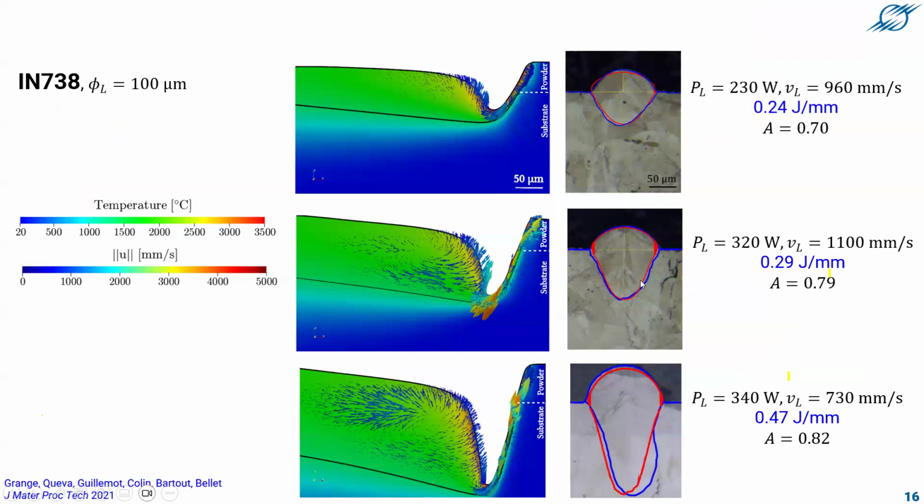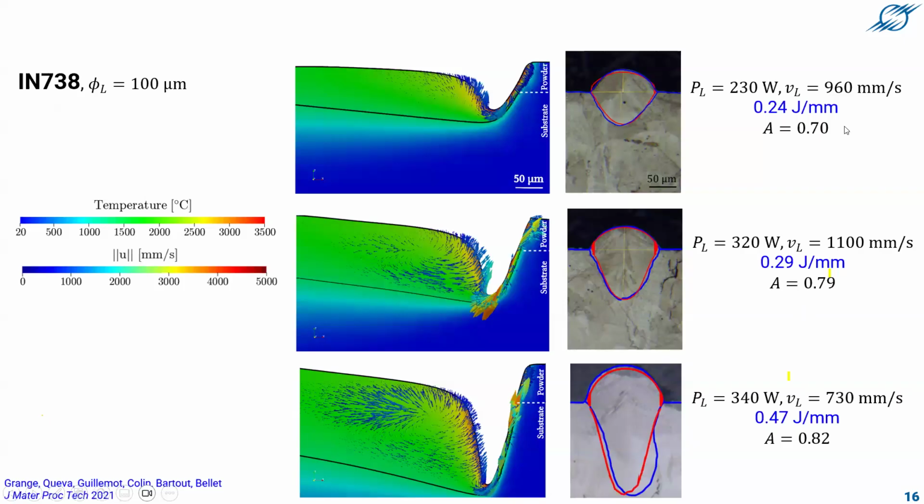Okay. So this is shown a little bit more in detail on this slide, where we have longitudinal sections and transverse sections. And of course, the more you increase the density of energy, so this is the power of the laser divided by the velocity, that gives you joule per millimeter. And that's a good indicator of the intensity of the energy input. And when you increase this, you get a more deep keyhole, like you can see here.